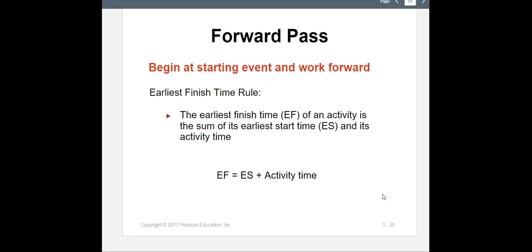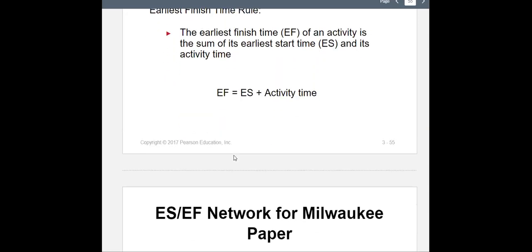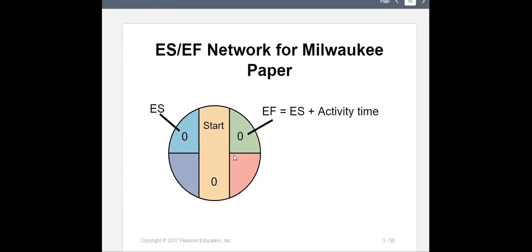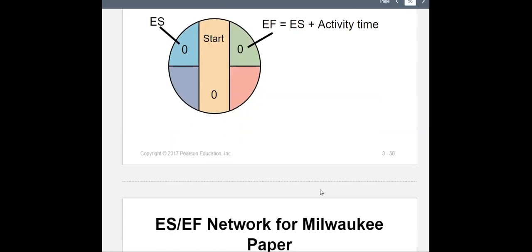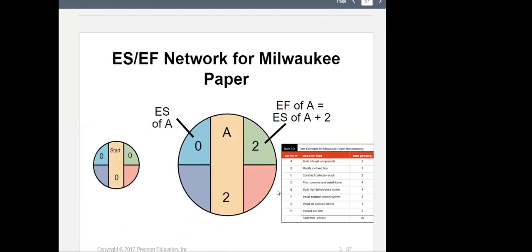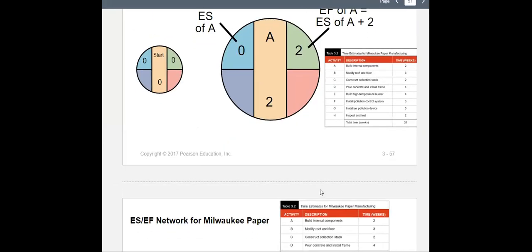One more rule is the earliest finish, EF, time rule. The earliest finish time, EF, of an activity is the sum of its earliest start plus the time of the activity, and that makes sense. So at the starting point, we have everything zeros because at the beginning, there's no specific activity. Then we start with